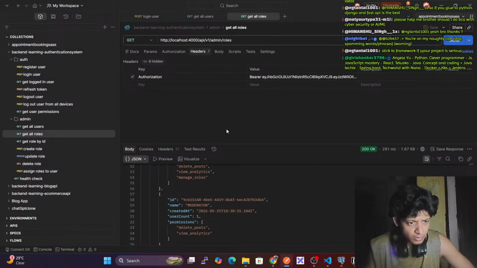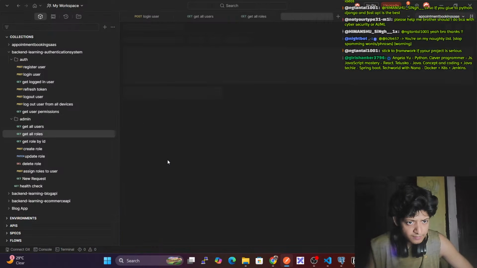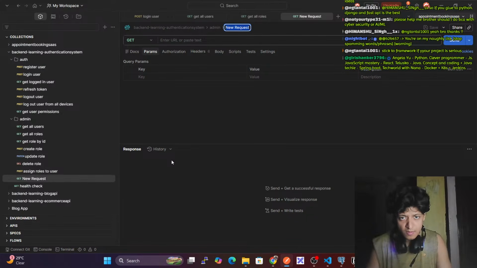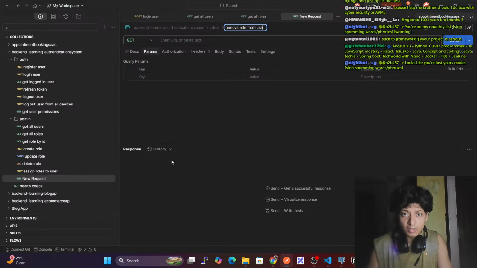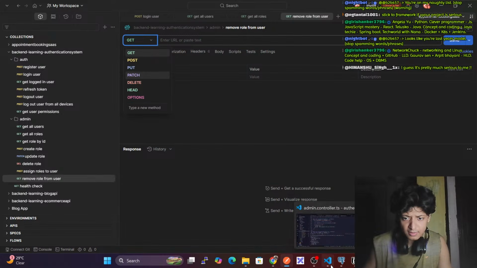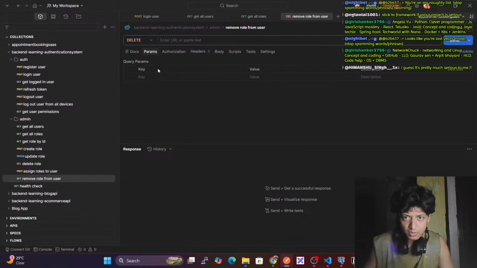Update role, delete role, assign role to user, and now we can create a new request. Remove role from user, and this is a delete request. Okay,